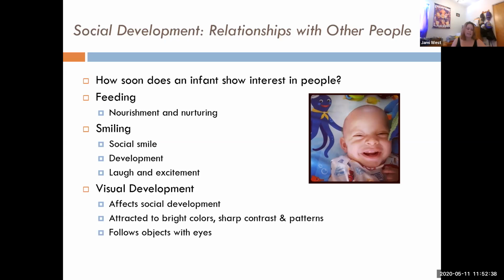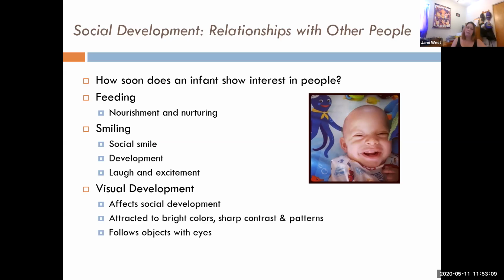Remember that smiling is an important, critical step in that bonding process. So when they do that, they're needing us to respond to them as part of that bonding process. It happens early, 6 weeks, because it is crucial that infants develop a bond that early. So they exhibit this social smile to draw people in, okay?